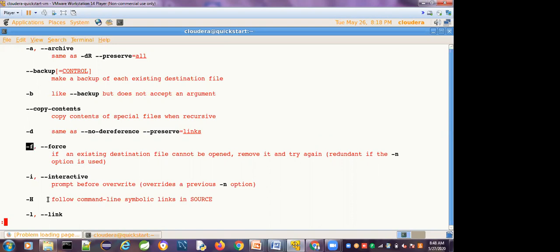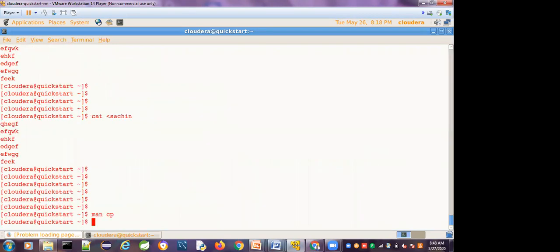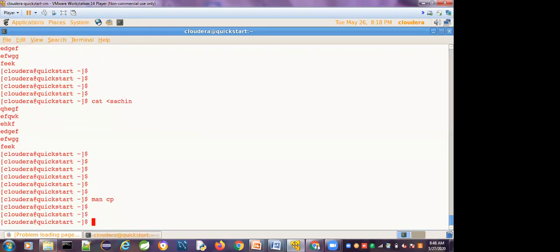To come out from the manual page, just press Q, which means quit. Type Q and it will come out from the manual page. So now the Sachin file is there. I want to copy this Sachin file to